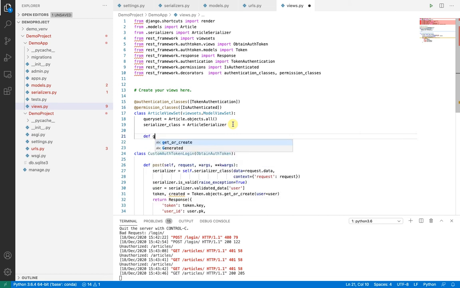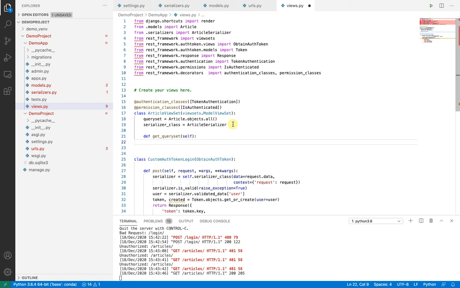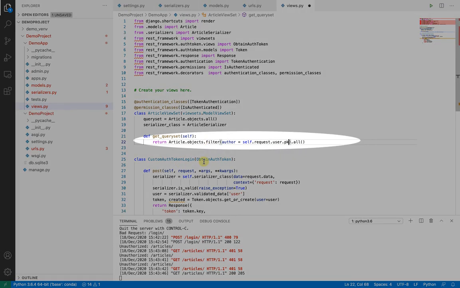Define the get_queryset method and return the custom query with the filter you want. PK is basically the primary key. I'll filter only those rows whose author matches the ID of the logged-in user.